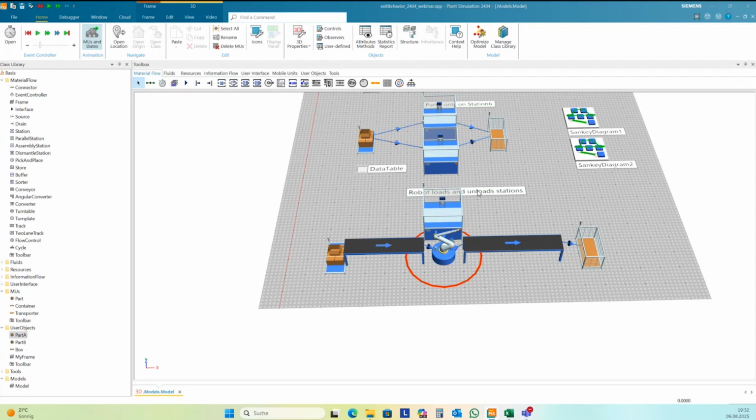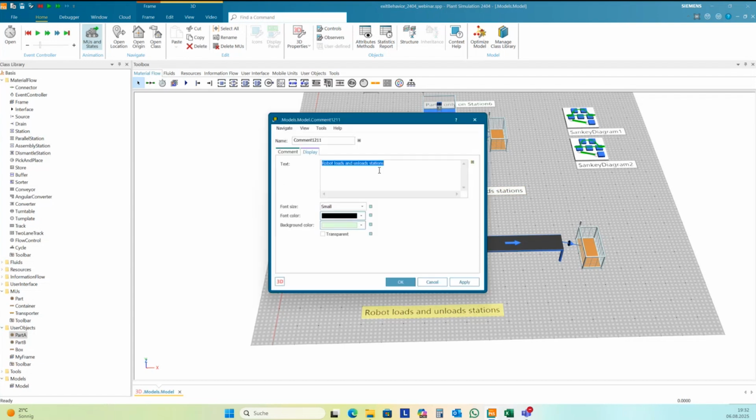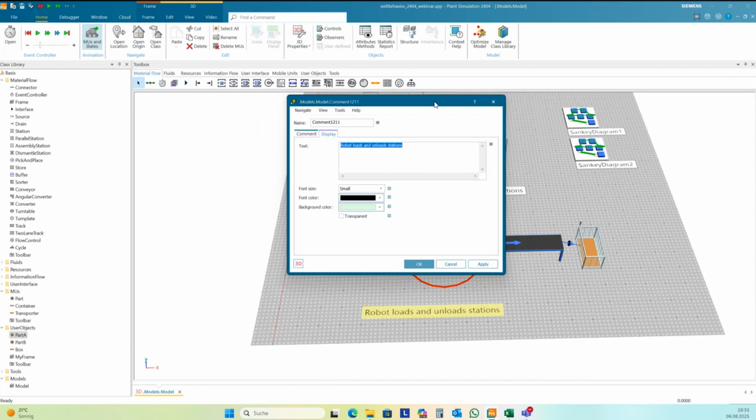So one more example. And you can use the exit behavior, for instance, to control the distribution based on attributes of the successors. And I want to optimize the setup time.